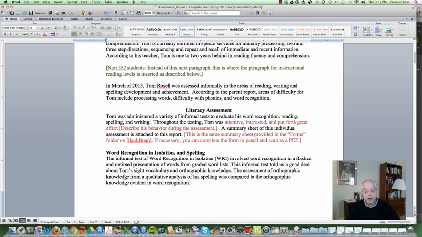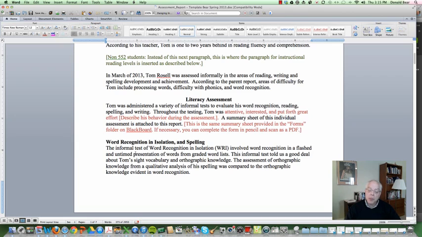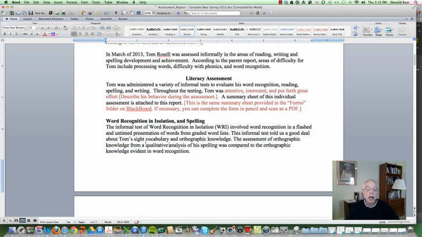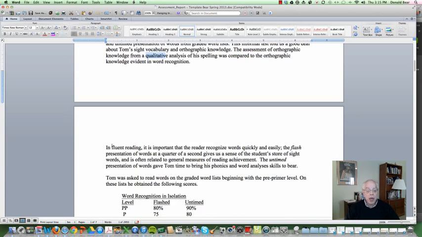You will want to look at the format of it, and your mentor will be looking over that as well. Here you discuss word recognition in isolation. Some of these sentences are stock sentences, but then you also need to get into the qualitative analysis of what you observed. And this is where that begins,